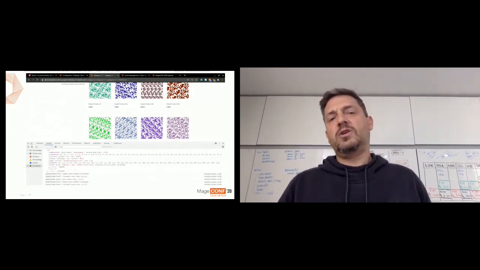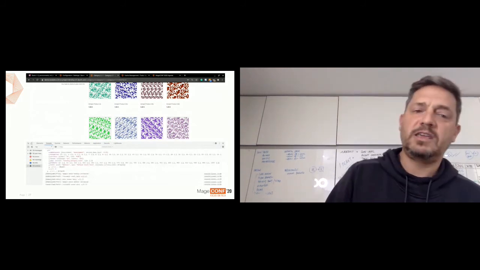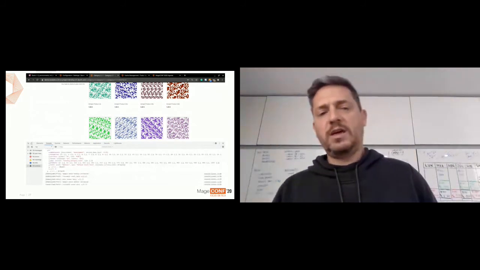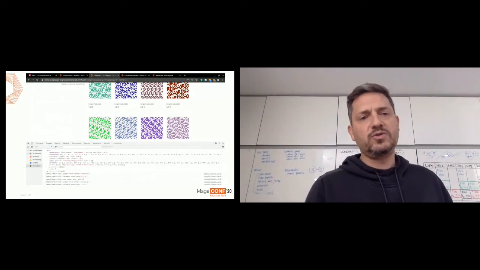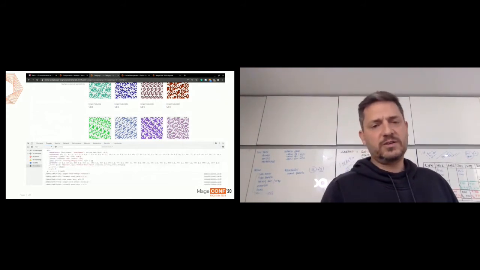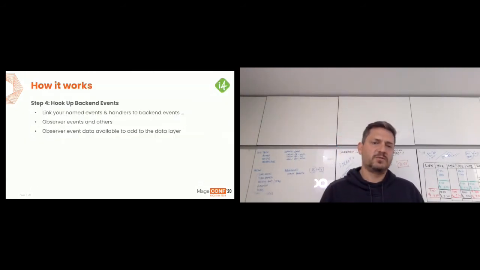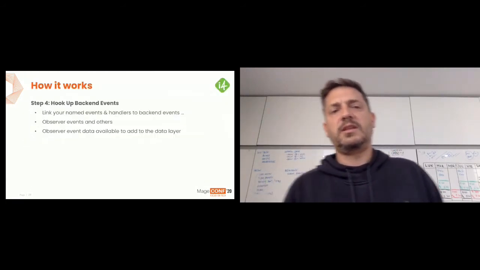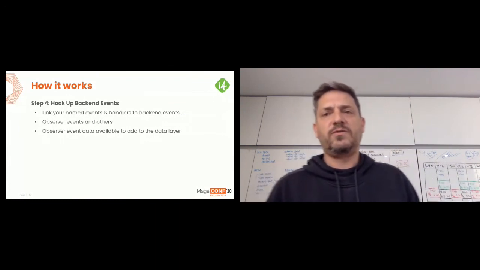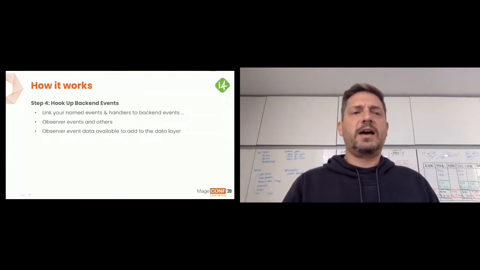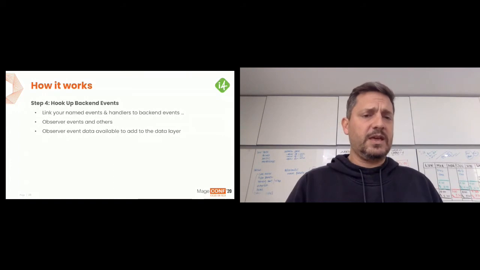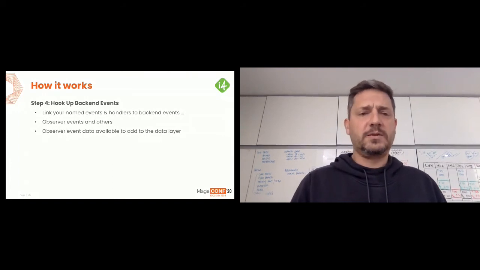Also, we can use this to hook up backend events. We didn't focus too much on this part of the toolkit, but the idea is that we can also track observer events and other things that are happening in the backend that are relevant to push to the analytics as well.